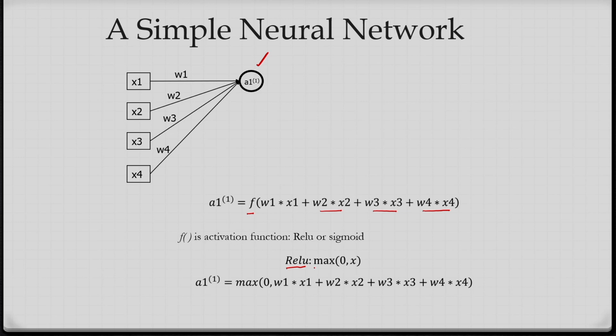rectified linear unit, and you can see this function is the maximum between 0 and x. So this concept of ReLU I will be discussing in this class. So we can find the response of this. If I consider this max function instead of the sigmoid function, I can determine the output in the neuron, that is the response in the neuron A11.